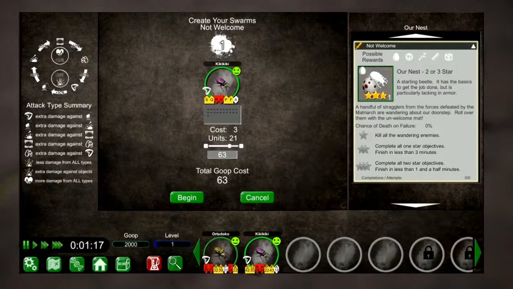This is worth noting. Goop, we start with quite a lot of it, but we're going to find ourselves a bit short after a while, so that's something we're going to have to deal with as well. You can find goop sometimes on missions, and I think you can get it by juicing beetles that you don't need anymore. Also, keep in mind that the happier a beetle is, the less goop it will cost to send